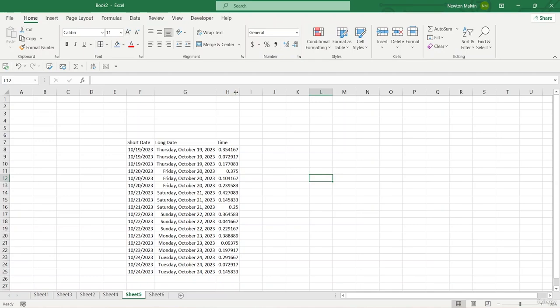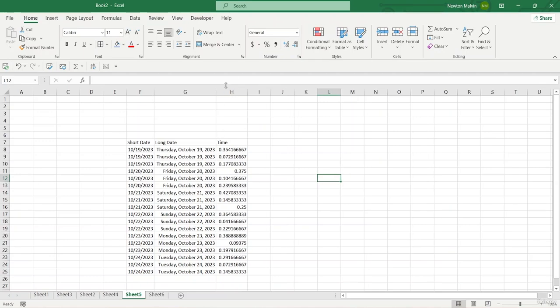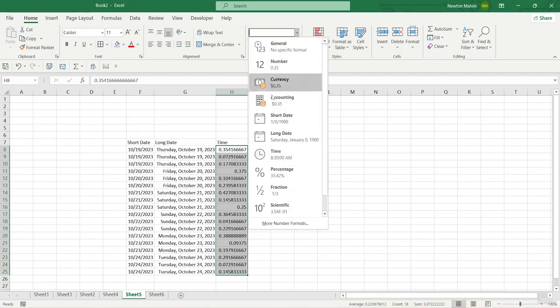Also with the time, if I just double click on it, you can see that it increases the column, right? And now if I just select every single value of my time column, and if I just go over general, and if I just go over time,